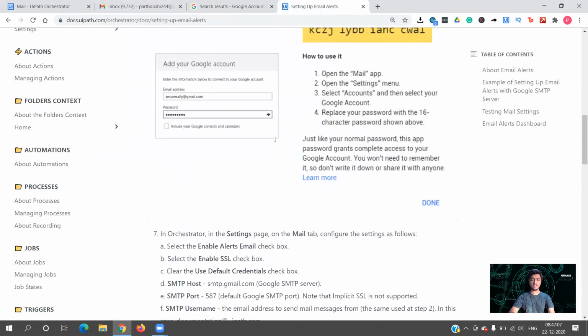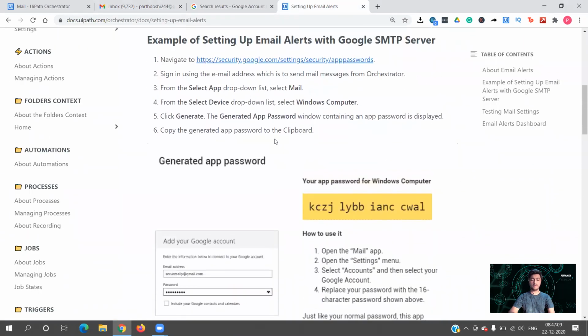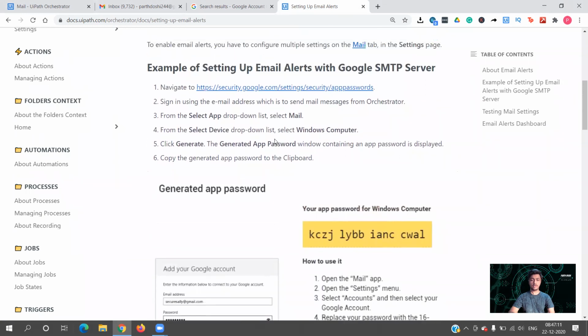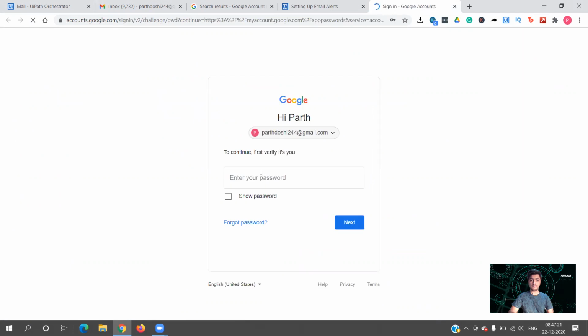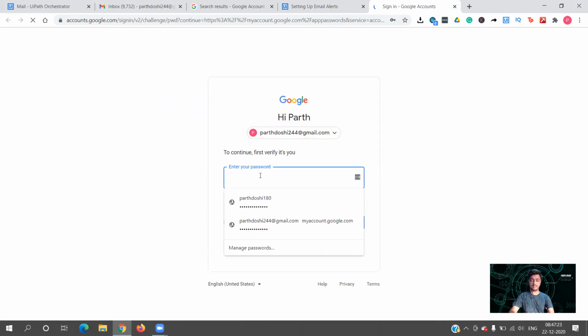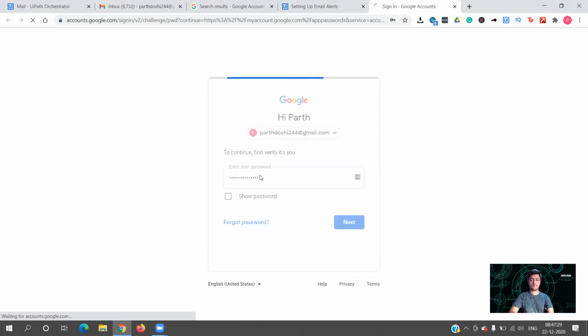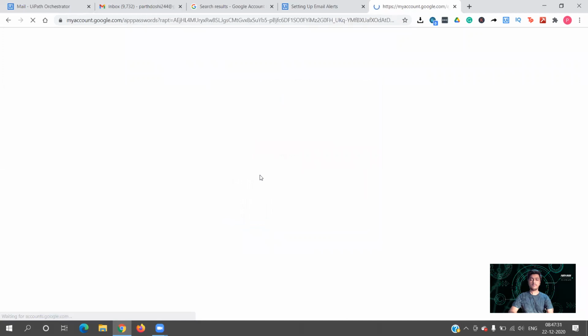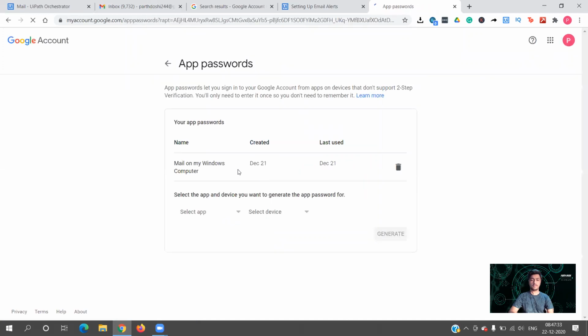When you search for the app password, you will get multiple options to select the app. From the drop down list, navigate to this. Let's try this. I'll sign in. Yeah, so you see mail on my computer's Windows.